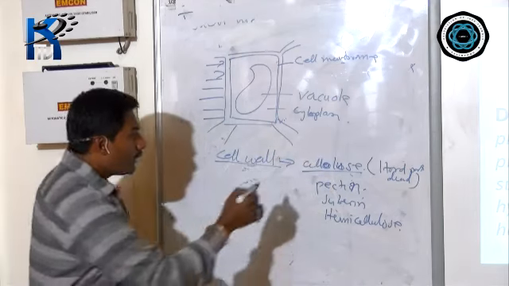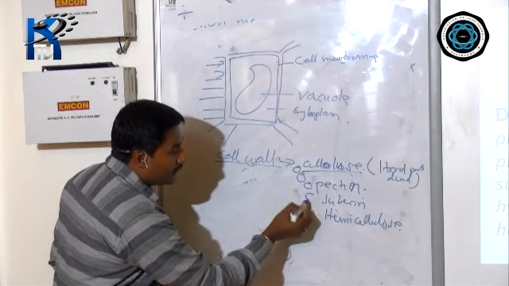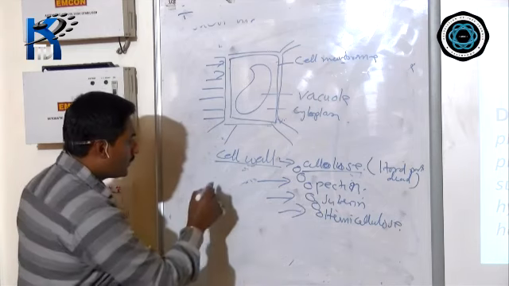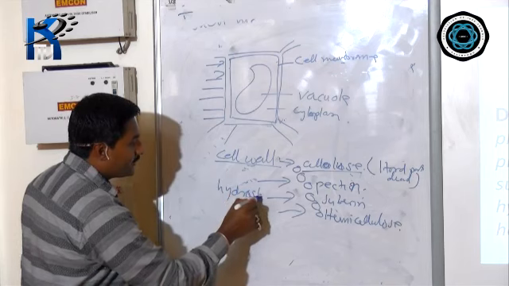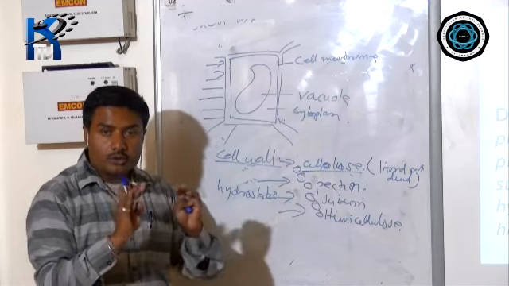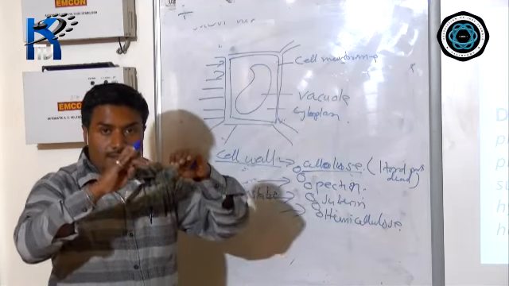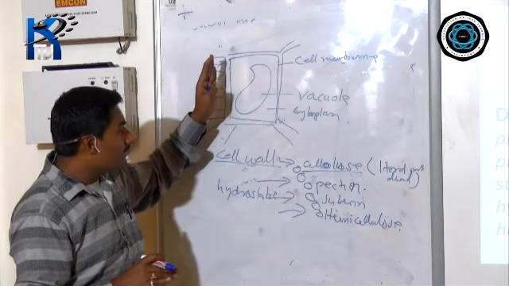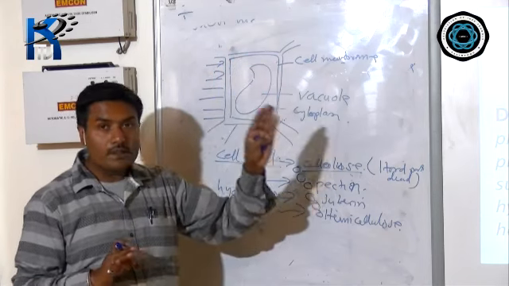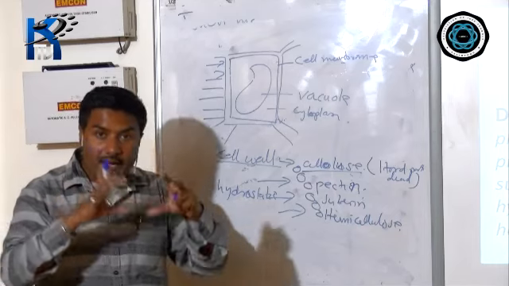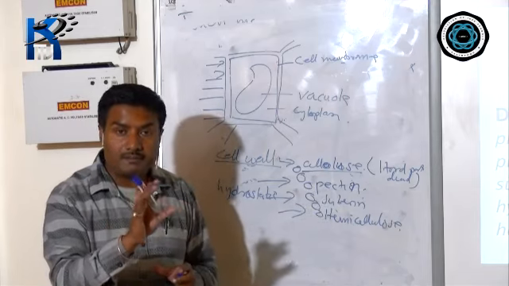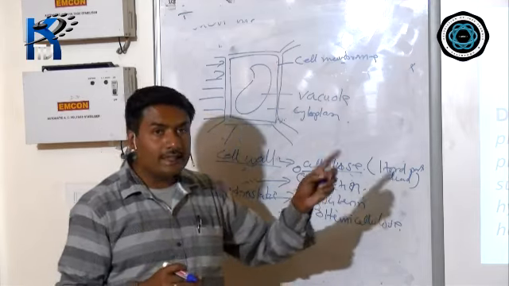Now what do they do when the water is absorbed by them, either due to hydrostatic pressure, due to water pressure, water builds up a pressure on the hygroscopic constituent. Due to that, whatever force is exerted inside the cell wall, inside the cell membrane, inside the cytoplasm, you use the term imbibition. When the hygroscopic constituents absorb the water, that is called imbibing. Then it leads to the phenomenon called imbibition.